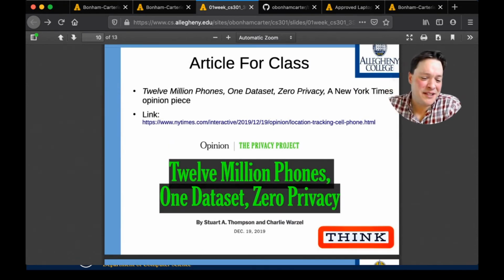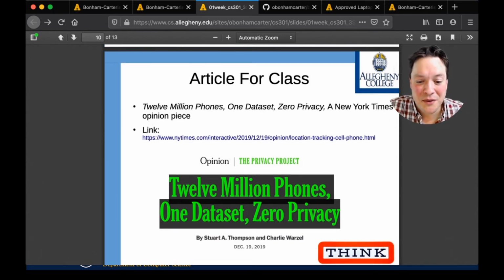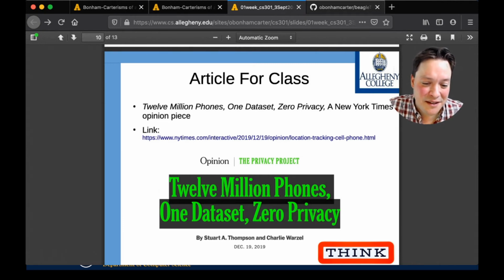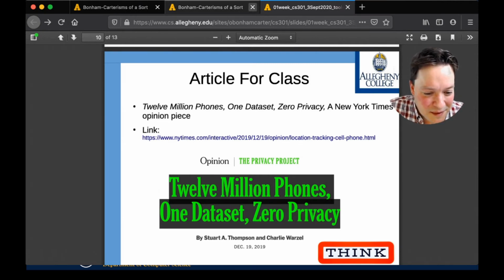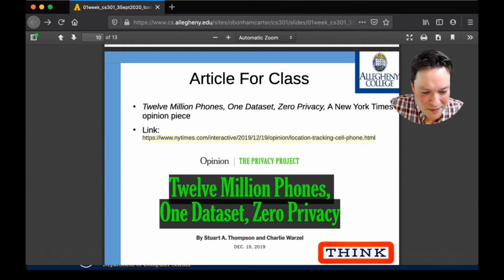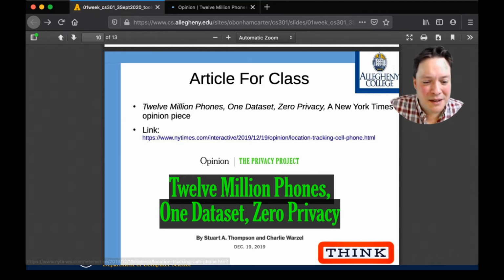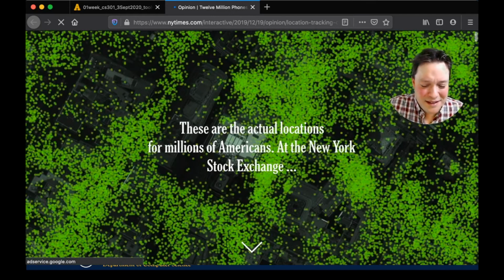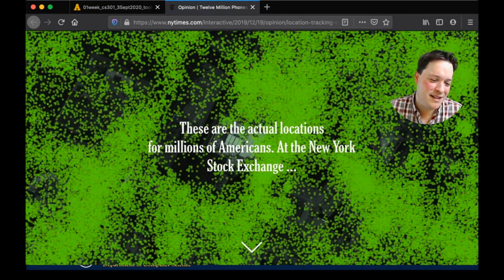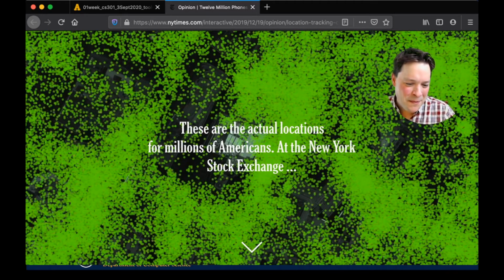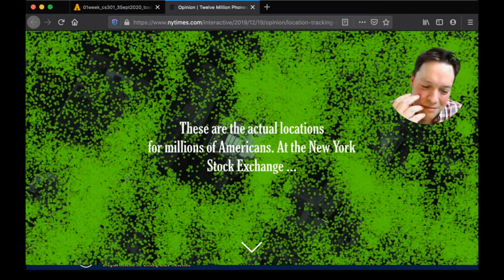Now, what I would like to do though is revisit the article that we went through at the end of the last class. Let me just go ahead and make some space here. This is the article that I wanted everyone to look at. But this is one of those articles that when you read it, you suddenly feel creeped out in some way. I hope you've had some time to read it. I'm going to ask you to go into some breakout sessions in a bit and discuss some questions.